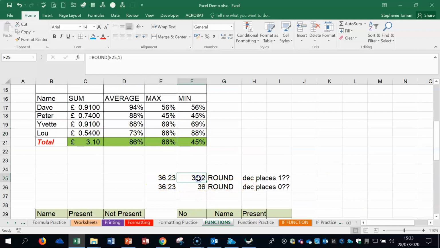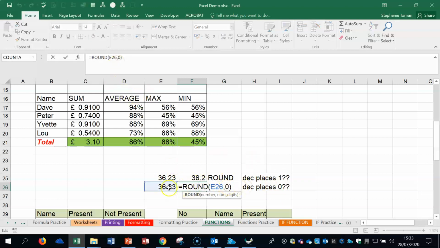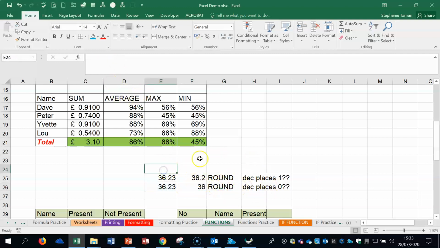36.23. If we use a round with one round into one number, then it drops the 3 and we get 36.2, 1 decimal place. If we have no decimal places, you can see the 0 up there, so the 0, that means we drop the 2 and the 3. If we had a figure